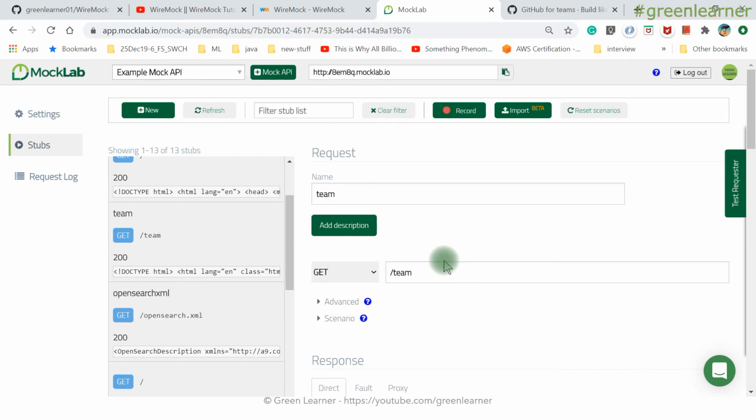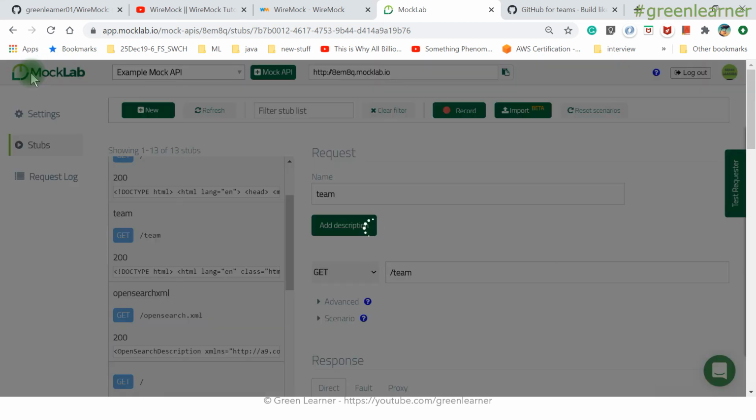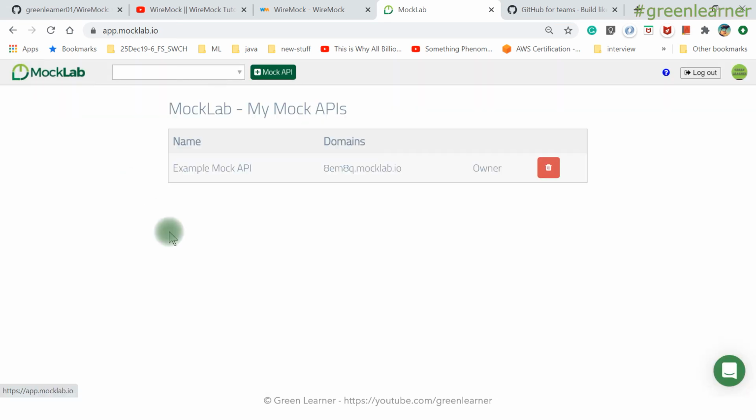So just try that one, right? This is how you can make use of this WireMock lab if you want to try that. You just have to keep in mind the limitation that they have. If you come here on the WireMock lab section, let me see if they have something here. Yeah, it is just a summary that they have.